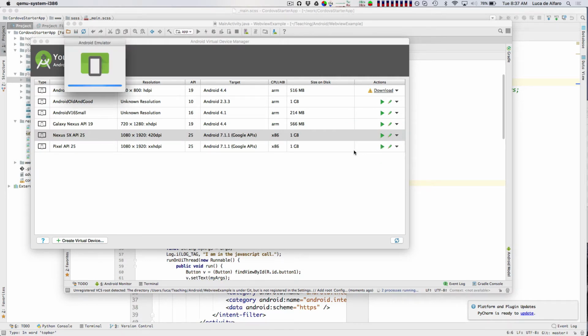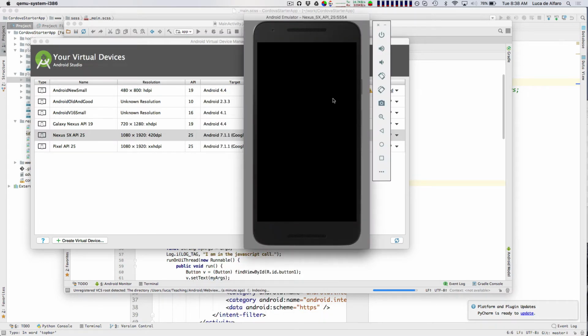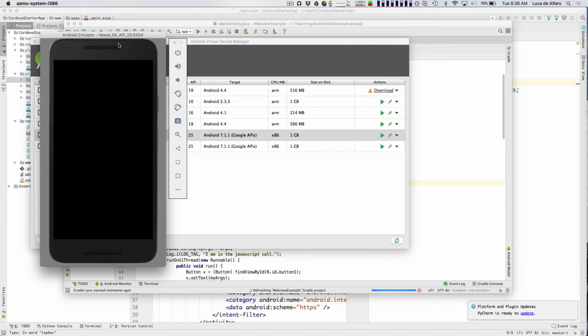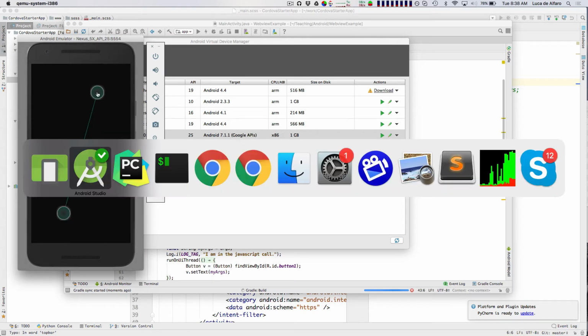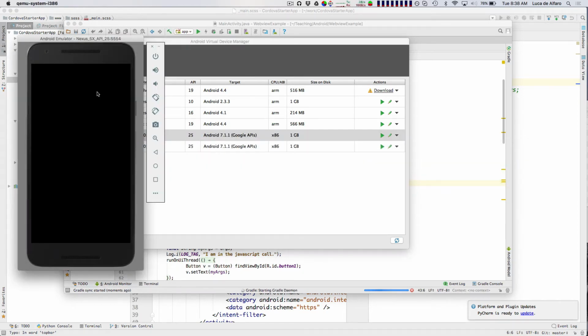This will run the emulator. Come on. Okay, and so if I do this, once this boots,